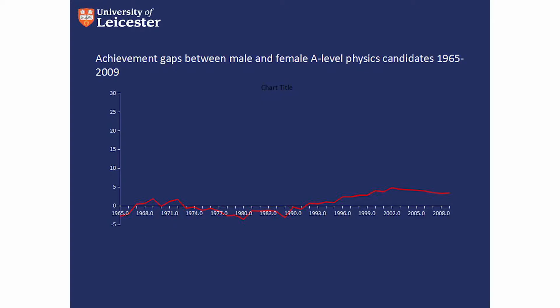There is some evidence to suggest that the girls are getting better. You can see the line has bumped around a bit. But even so, it's only around a 5% head start that the girls actually have, a 5% achievement gap. The gaps are not big. It's not the case that the boys who choose to do physics are doing really well and the girls who are doing the subject are not. So I would say arguably girls are doing slightly better at the subject, but they're not studying that subject at the next level. They're not taking that subject on at university.